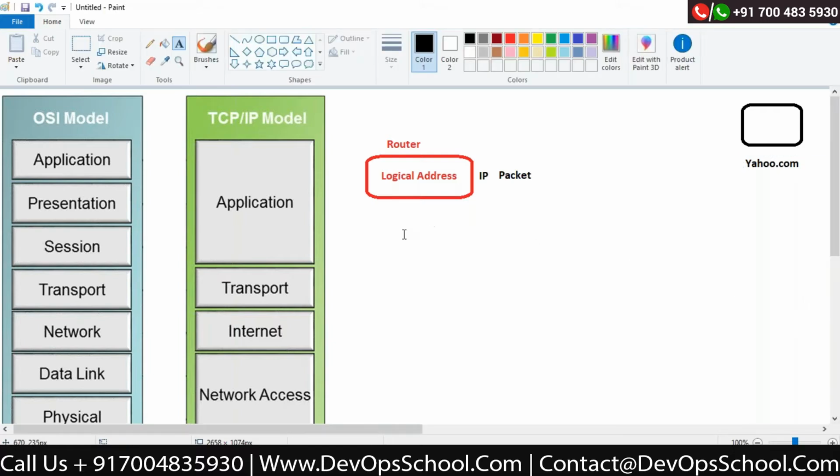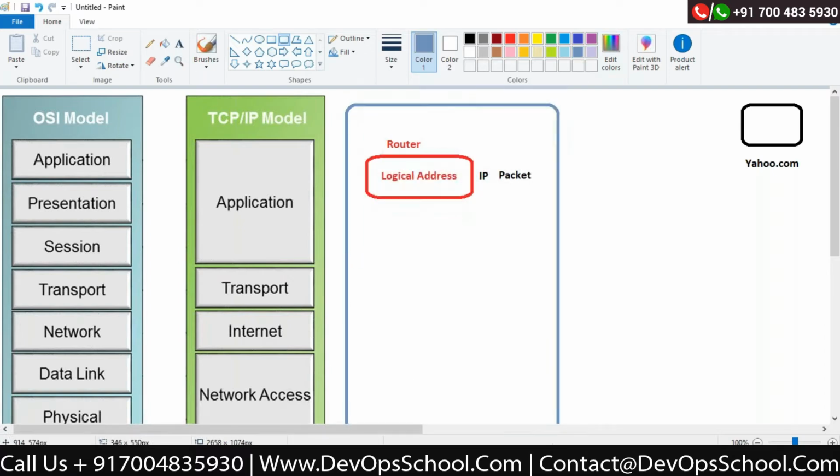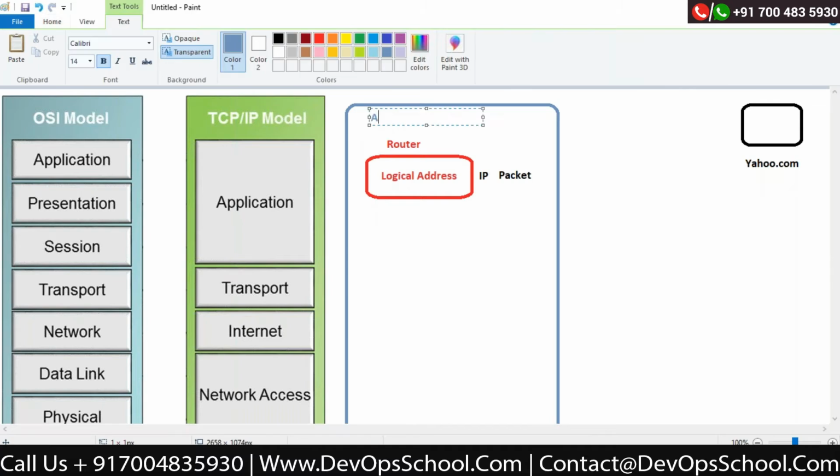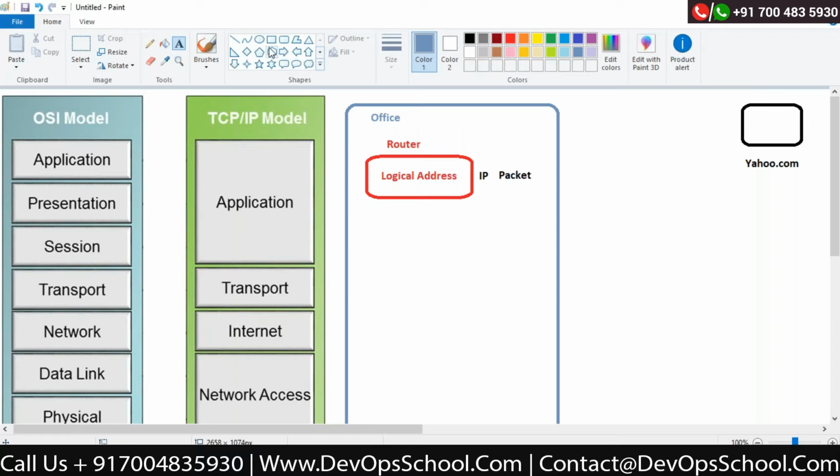This is yahoo.com. This is your company. I will say this is Capgemini. Your office. Correct? You are connected with, there is a switch.